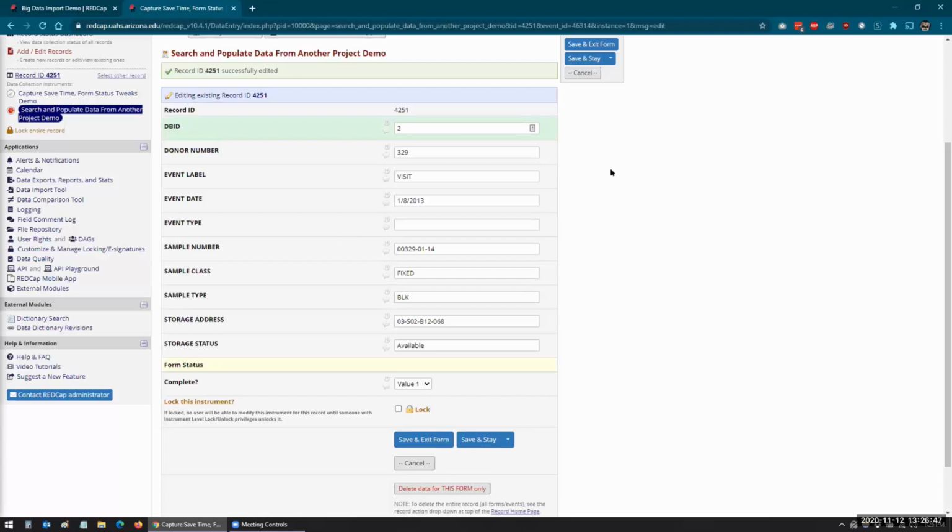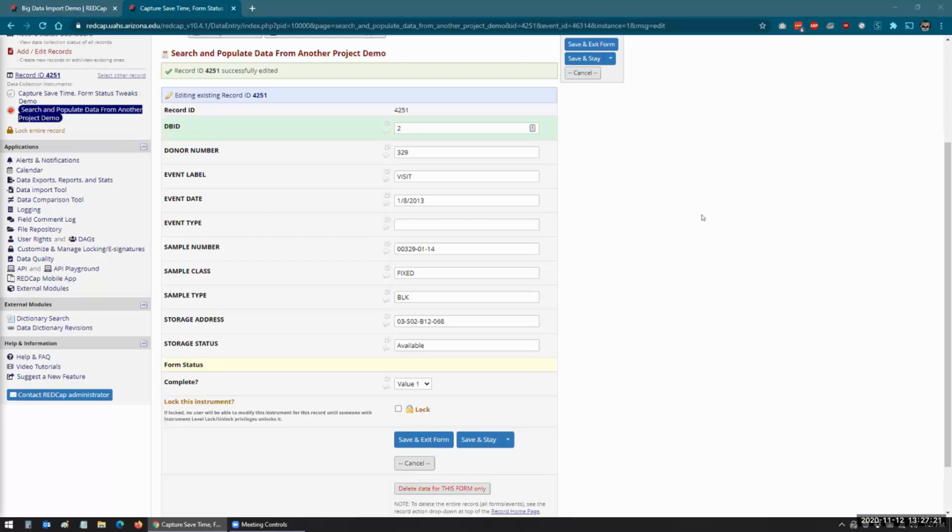I have to say, those are some of the coolest external modules I've seen. This one in particular. I like the other one too, but this one, I can't even think of how many times I've come across people who could have used something like this, who want to be able to capture data from another project and, maybe not capture everything. So can you capture